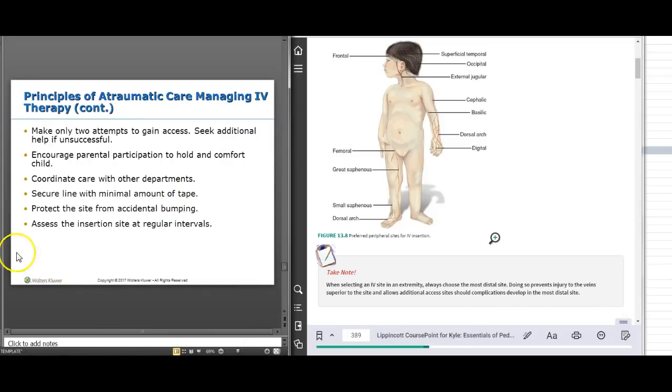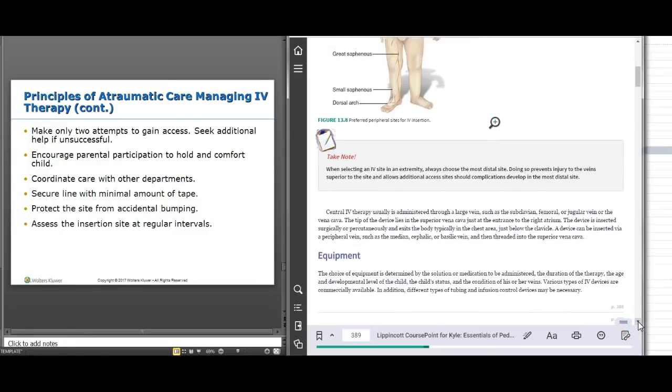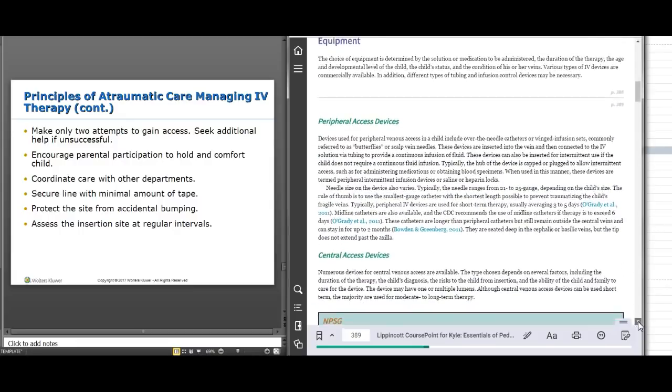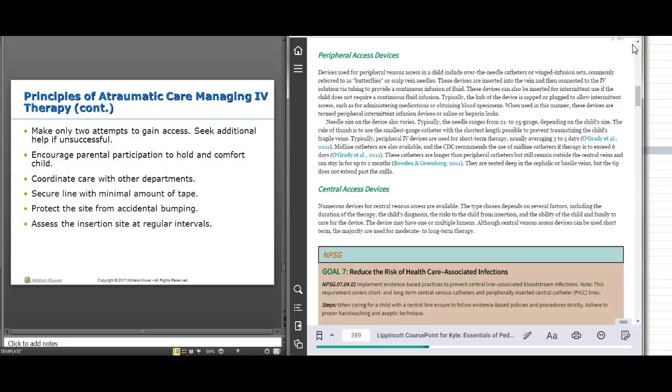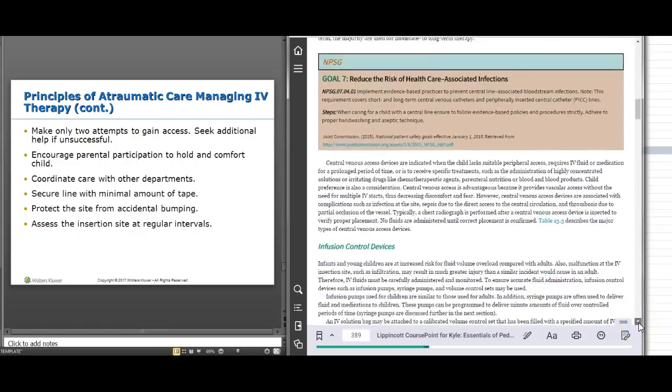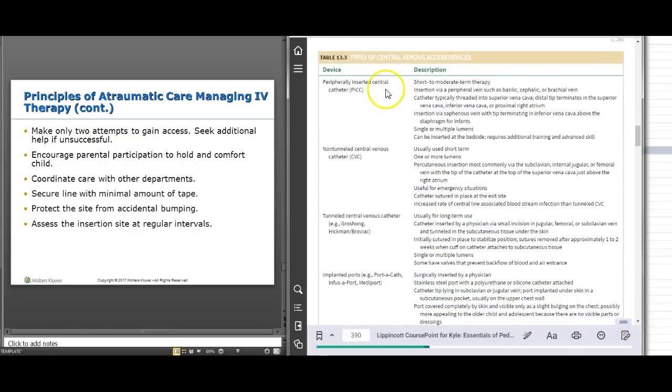All right. We are not going to talk about nutritional support in this section because there's a whole section on nutrition, but I do want to go through a couple more things in the chapter. In addition to a peripheral IV, you might run into some central lines. Some different types of central lines are listed here. PICC lines are very popular. If you've got a patient that's going to go home or is going to get long-term antibiotics, you might see a PICC line